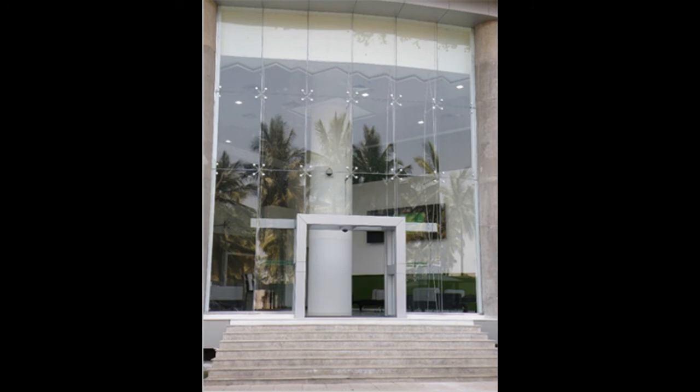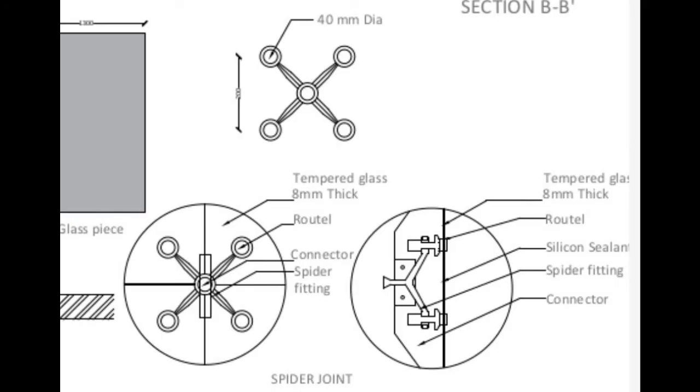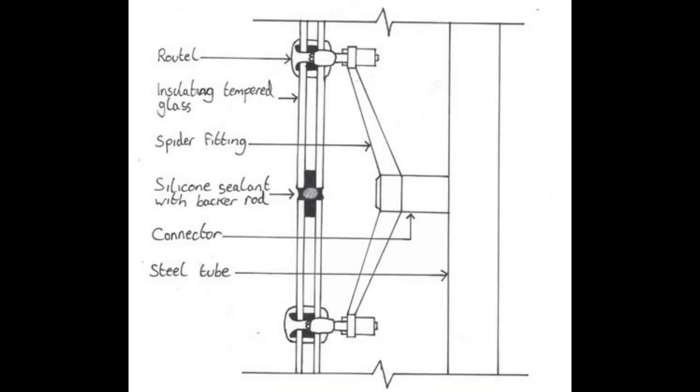If we see the previous systems, they had a certain framing inside, which broke the area of vision, right? They have certain modules. So here, when there is a requirement of a clear view, so there should be no breakage in the view. That time, these systems are pretty useful. The stainless steel fixtures resemble a spider with legs, and hence this name has come up. They are pretty high quality and high grade stainless steel fixtures. Also, the temperature expansion that is expected is less in fluctuation as compared to the other systems.